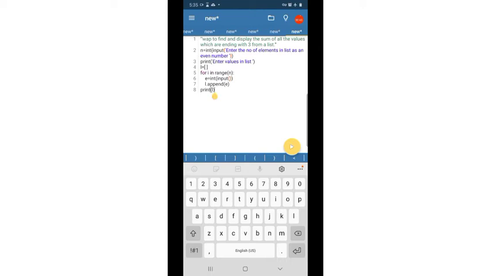This is the program to enter the elements in a list.